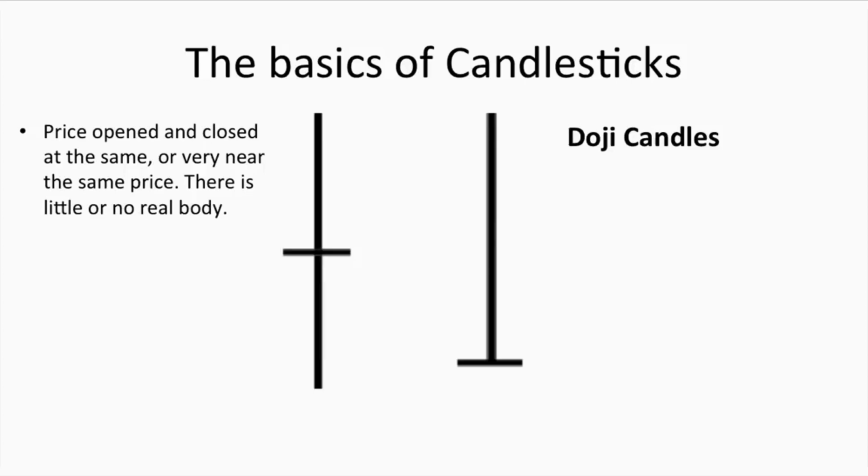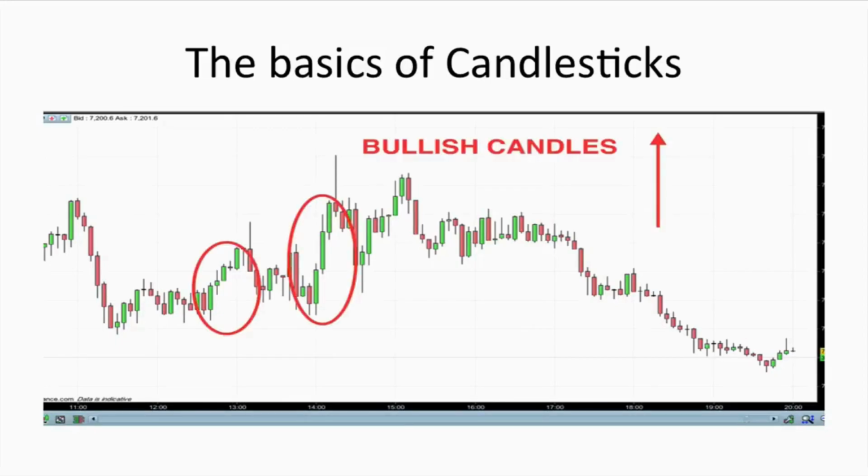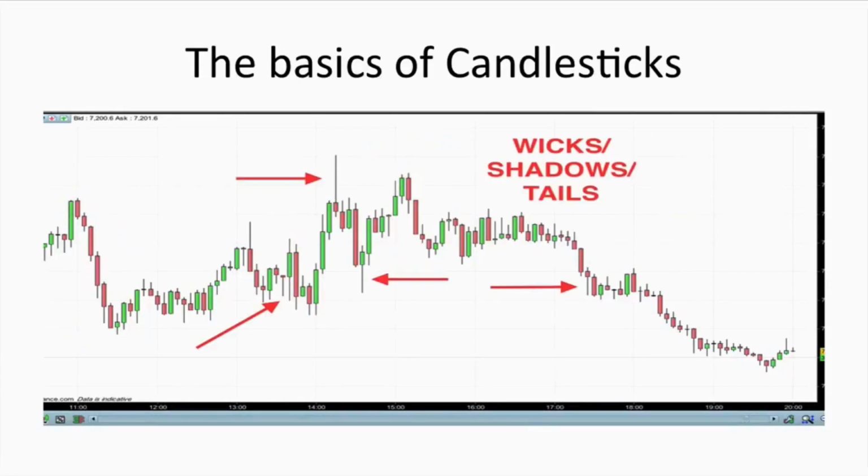If we reintroduce the chart from earlier, you'll see that all of the information present on the chart is simply based around price action. Here we can see some bullish candles, and the market pushes higher as price increases. Bearish candles show price decreasing, and so the market is falling. You can also see that the vast majority of the candles have shadows